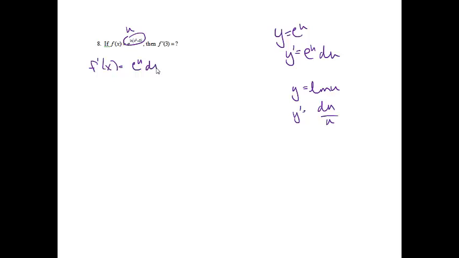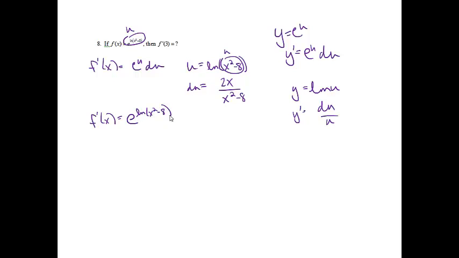du. Okay, my u was ln x squared minus 8. My du is going to be du over u, so in this case this is another u. We'll get 2x over x squared minus 8. So if I'm finding this derivative, I'll get e to the u, which is ln x squared minus 8, times du, which is 2x over x squared minus 8, and I could try to simplify that if I wanted to,